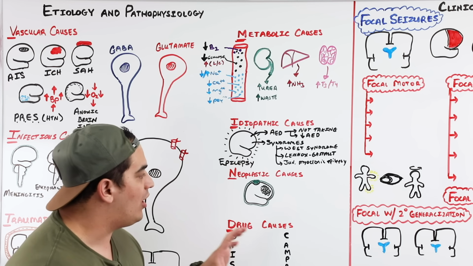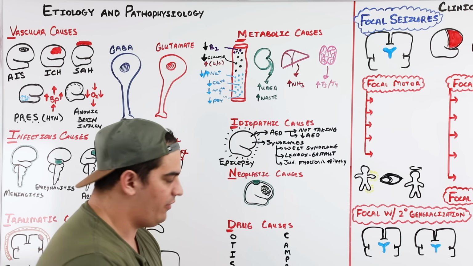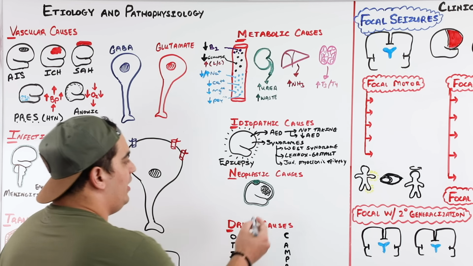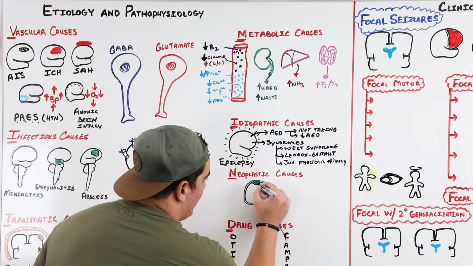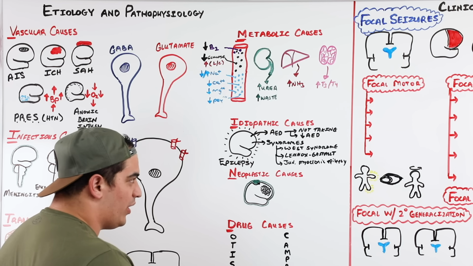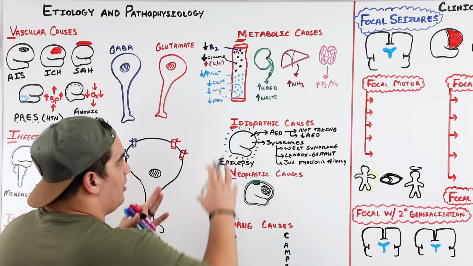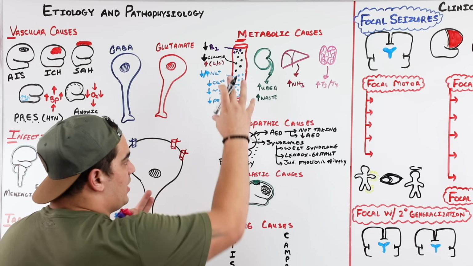So this is another structural type of cause that usually presents more with focal seizures. But if you have a neoplasia, it has to be near the cortex to really trigger seizures, or it has to be something really diffuse, like metabolic in nature. For example, someone has a big nasty mass. One of the scariest ones that you can develop within the brain is a glioblastoma multiforme, right? That could be a potential one.